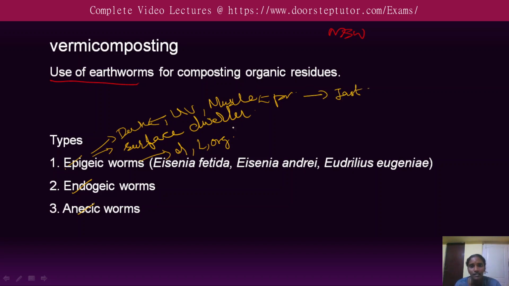The most common epigeic worm types are Eisenia fetida, Eisenia andrei, and Eudrilus eugeniae. These are the common epigeic worms. And also for the